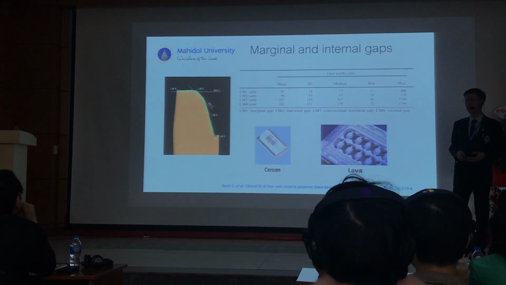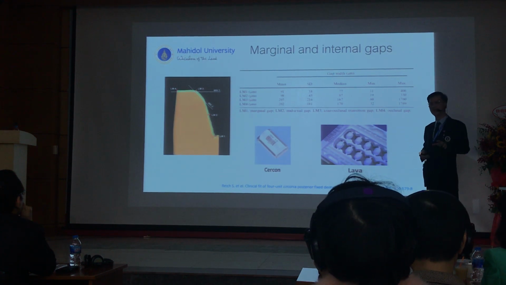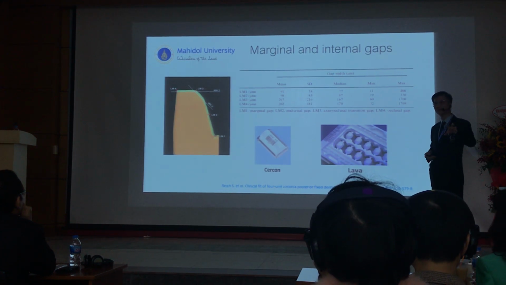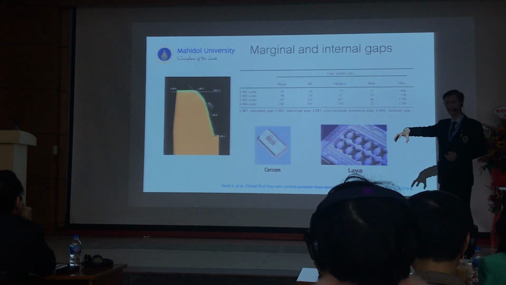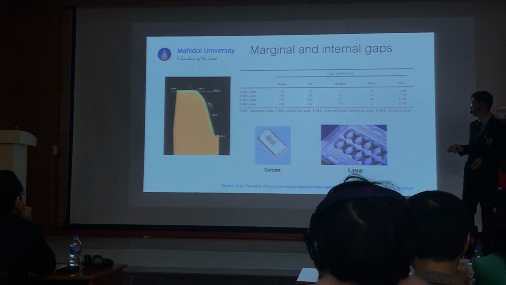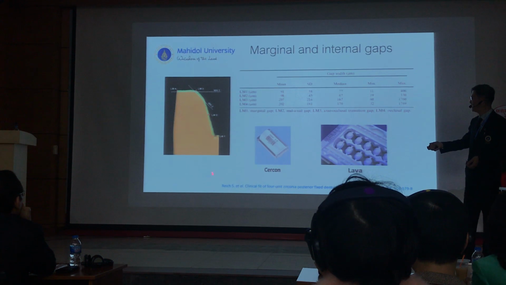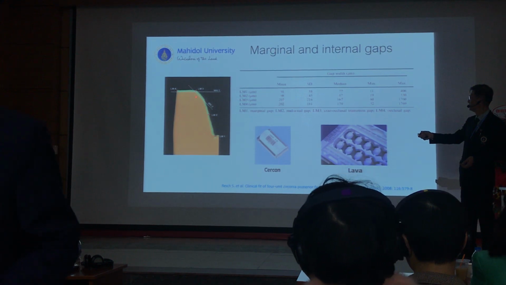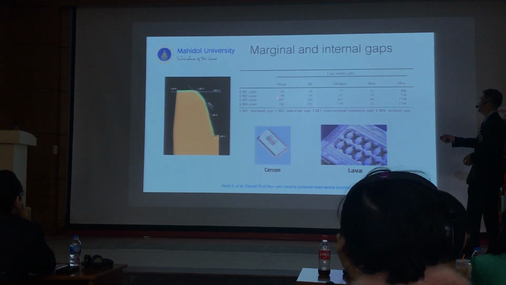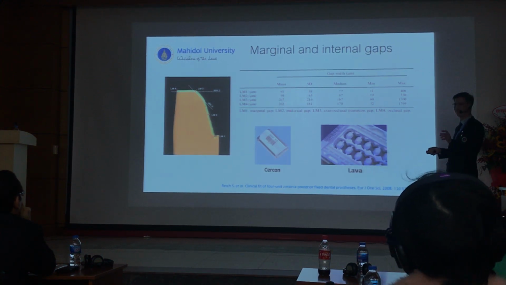So right now zirconia is very popular, but at the beginning, like 10 years ago, we had a problem with fit. If the dentist has experience making zirconia crowns, you can see sometimes it can be rocking, or you can rotate it a little bit on the abutment. That's why if you look at the research, they look at the gap between the zirconia and the tooth structure, and make a measurement of the gap at the margin and the axial wall, this angle and opposite. If you look at the gap, the mean gap looks fine, but a little bit bad.